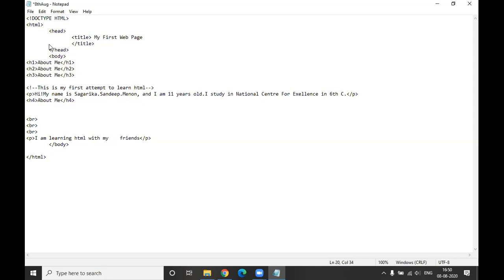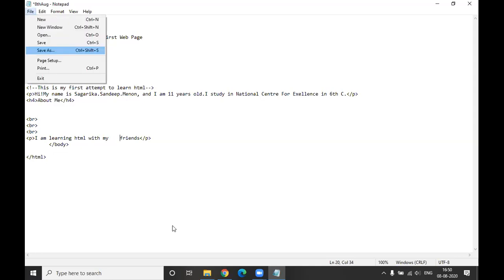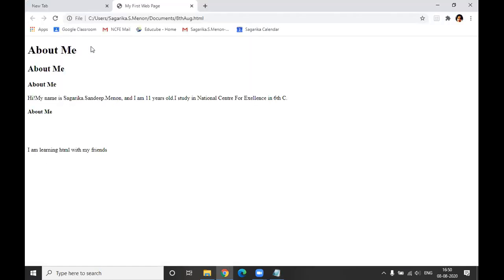It did not happen, right? So that means there is a separate tag for that also. I want to make sure you understand that when you are doing coding, what you are doing on the notepad will not directly be displayed on the web browser, because the web browser is expecting a specific tag for it. With me? Yes.